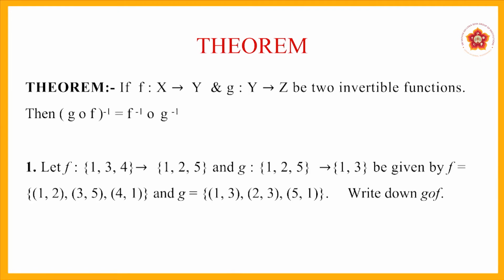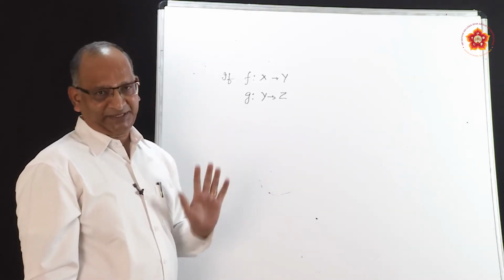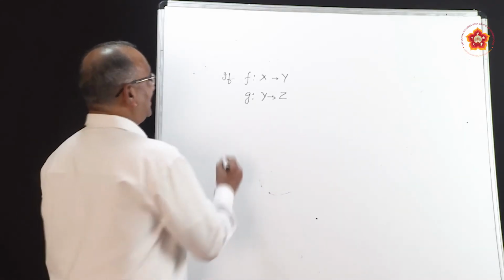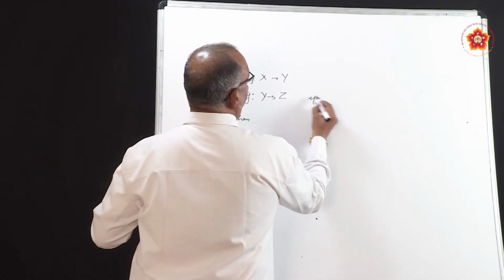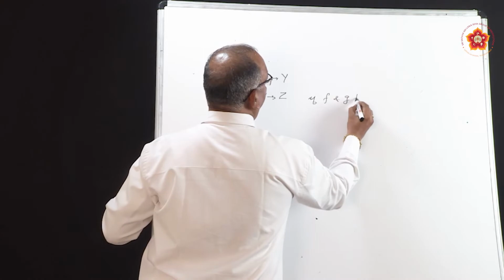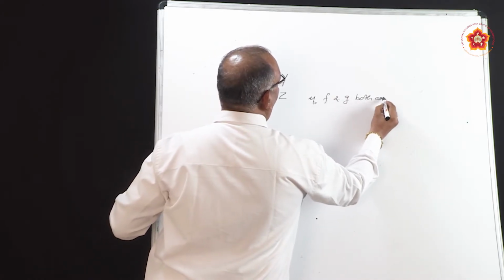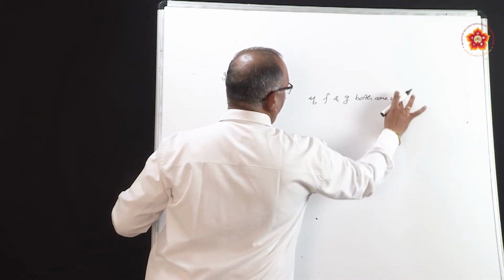Both of them are invertible functions. Remember, this particular theorem is applicable if f as well as g both are invertible. Means what? Both are bijective. What happens in this case? He says then, if f and g both are invertible,